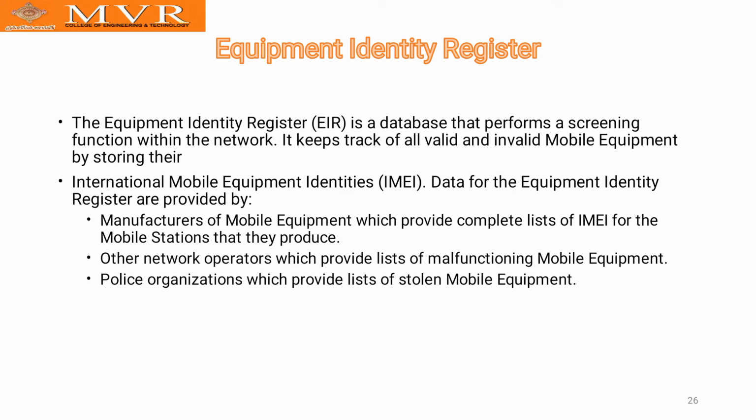So if we purchase a mobile, we have an authentication number, which is nothing but the IMEI. If our mobile is stolen by someone, then the police will organize to recover the mobile by using the mobile equipment identity. In this mobile equipment, what is mostly used is the international mobile equipment identity, that is IMEI.